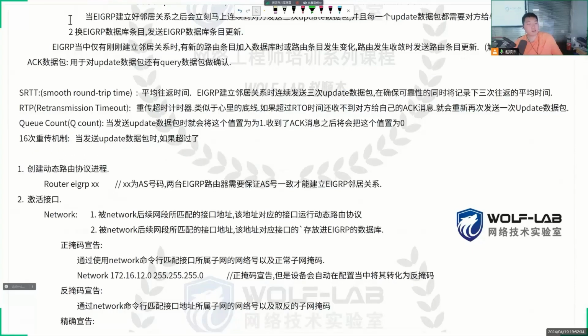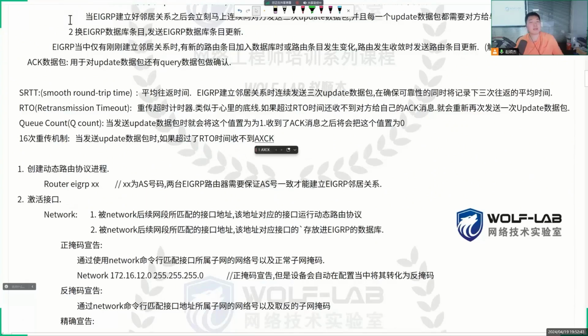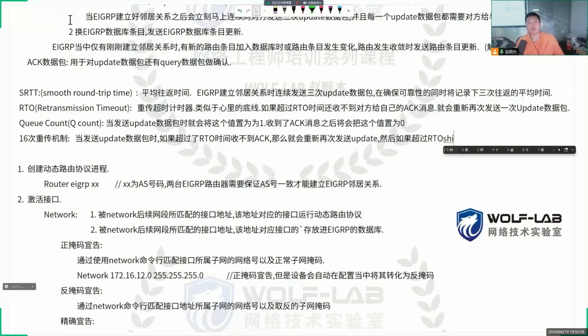Then I would resend the update. And if it exceeds the RTO time and still no ACK, then continue to send. After sending 16 times in a row, if still no response is received from the other party,